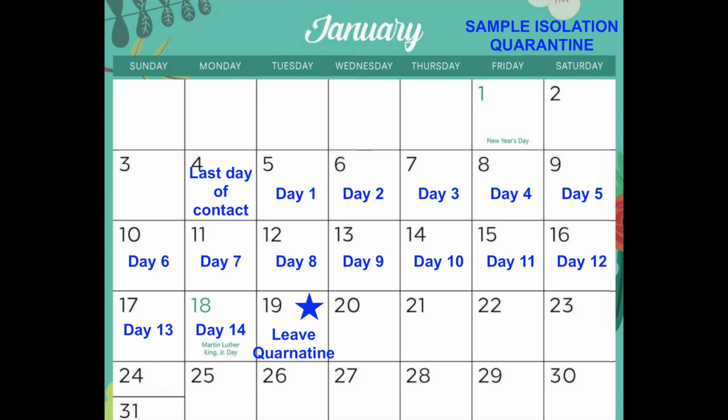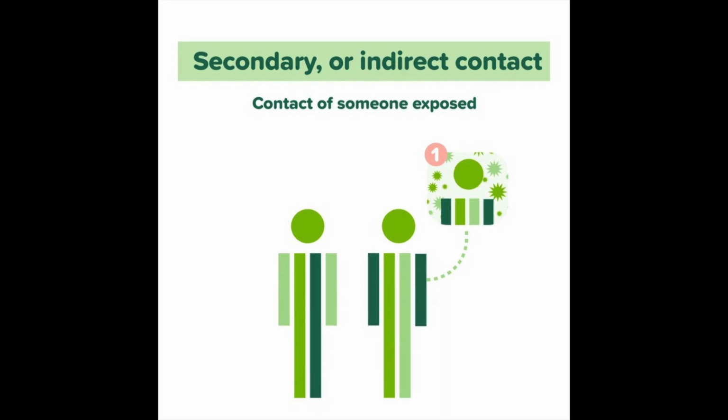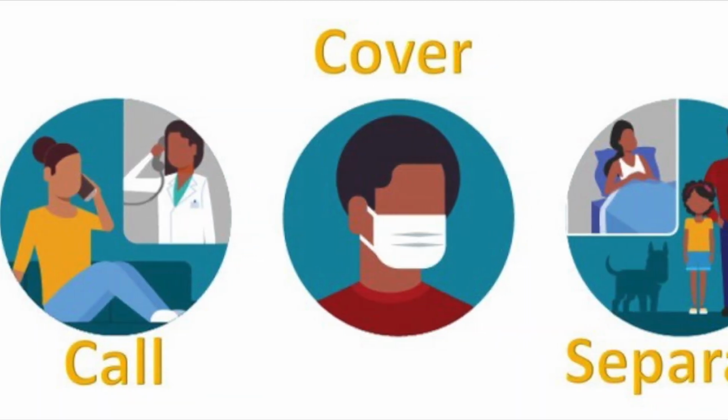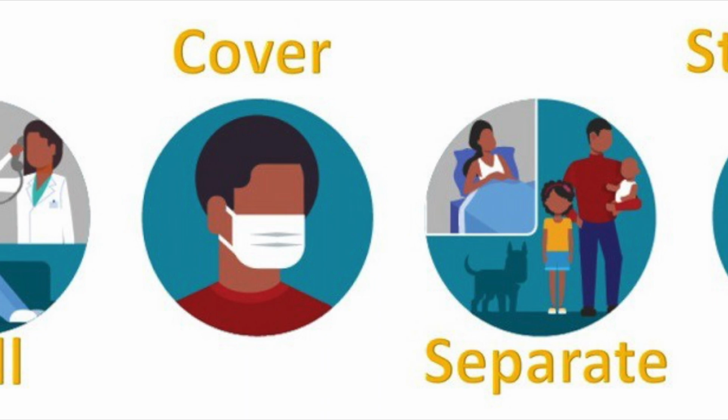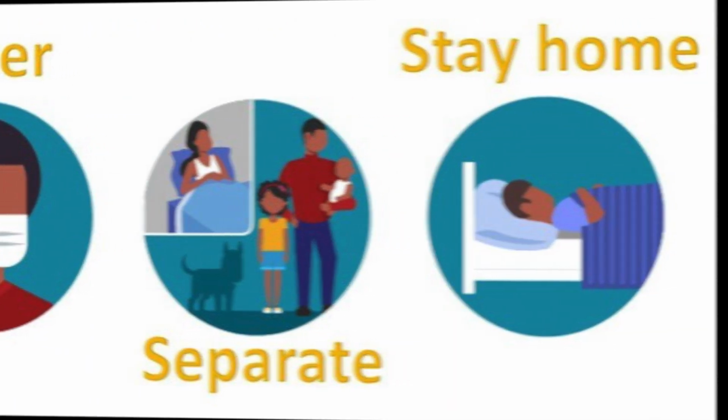In this case, the person was last near others on Monday, January 4th, and the 14-day quarantine period lasts until January 19th, when the close contact can return to class. It is important to note if your child needs to quarantine because they were identified as a close contact, the other people that they have seen or live with do not need to quarantine. These people are secondary contacts. If the quarantine person becomes ill, however, please contact your healthcare provider and follow their advice.